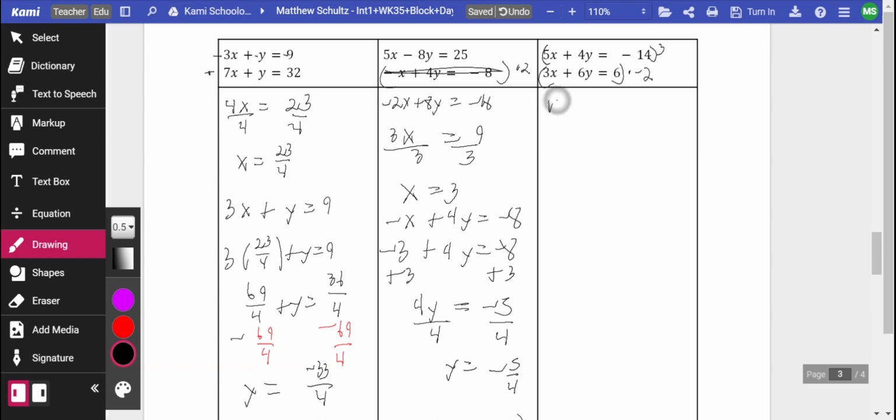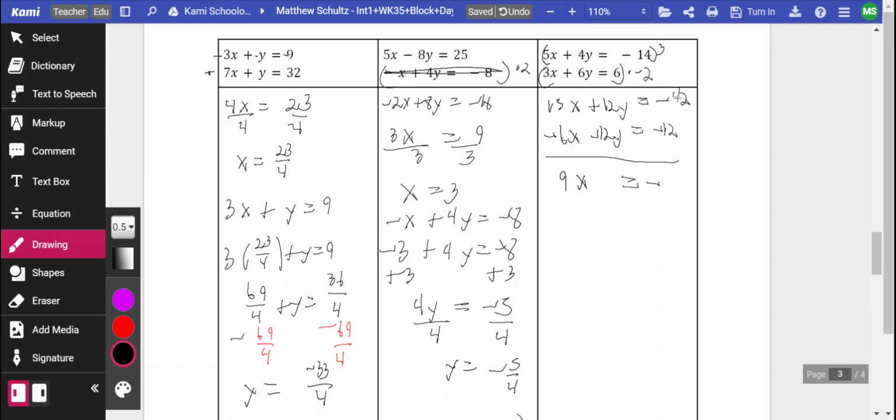So let's do it. I get 15x plus 12y is equal to negative 42. Negative 14 times 3. Then I multiply it on the bottom. I get negative 6x minus 12y is equal to negative 12. Adding these together, I'll get 9x, cancel out, is equal to